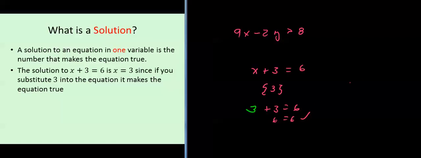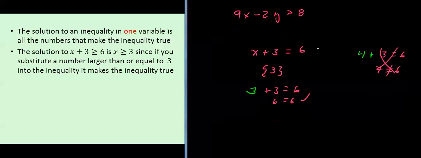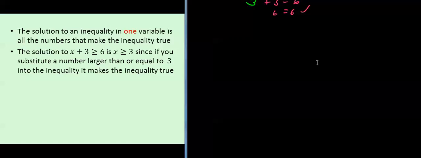We know that 4 is not a solution because 4 plus 3 equals 7, and 7 is not equal to 6. So if it makes it true, it's a solution. The solution to an inequality in one variable is all the numbers that make the inequality true. If I look at x plus 3 greater than or equal to 6, the solution is x is greater than